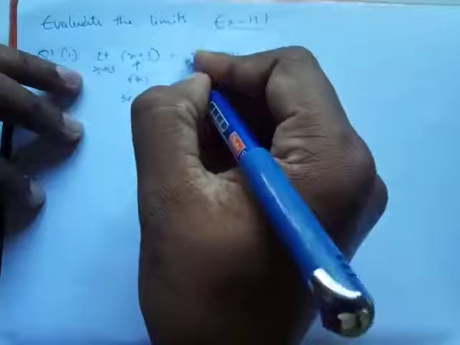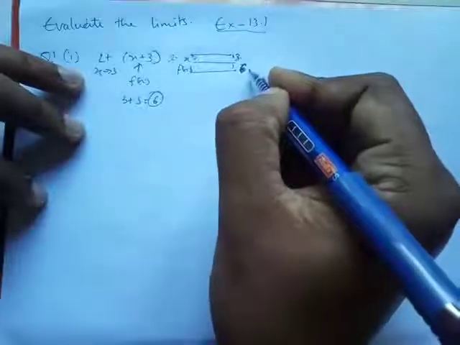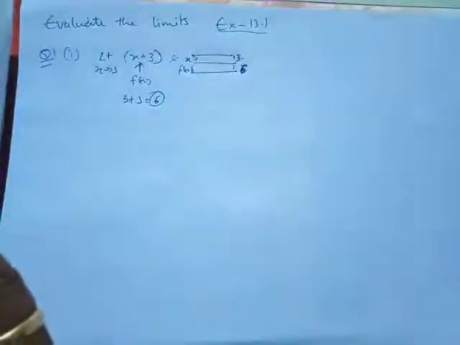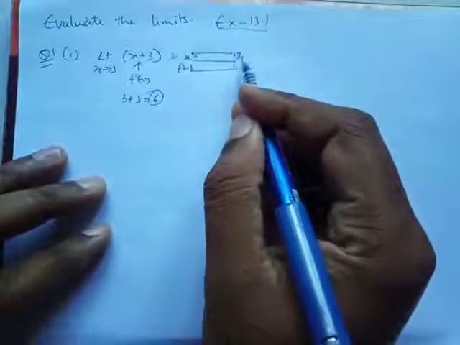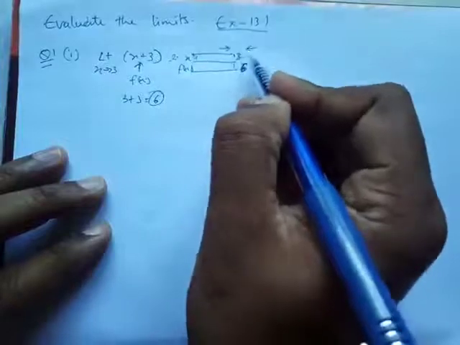जैसे जैसे x 3 पे पहुंचता जाएगा, जो मेरी fx है वो कहाँ पहुंचती जाएगी? 6. तो what is my limit? My limit is 6, not more than or less than 6. My limit, it won't cross 6. Okay, especially when I am going towards 3. Okay, चाहे मैं नेगेटिव साइड से आ रहा हूँ, चाहे मैं पॉजिटिव साइड से आ रहा हूँ, 3 के पास,